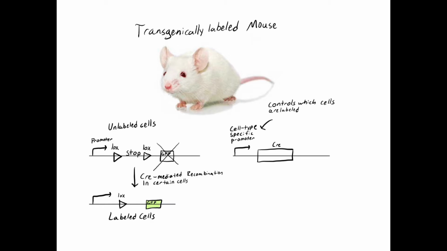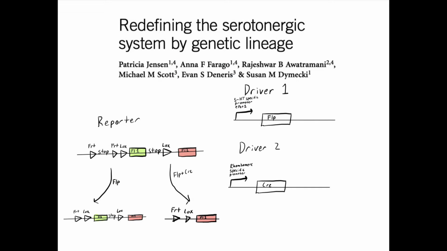This means that while most cells will remain unlabeled due to the stop sequence before GFP, cells that express the cell-type-specific promoter will express the Cre recombinase, which will remove the stop sequence, allowing the label to be expressed and labeling the cell. This basic concept can be further elaborated to achieve more specific and thorough labeling of cells, as exemplified by the